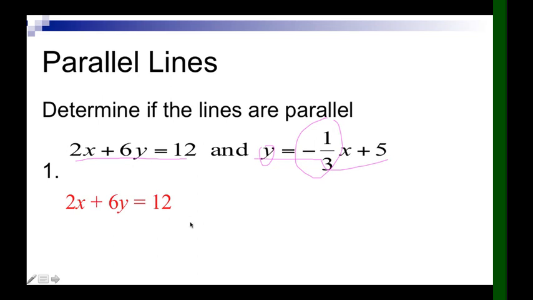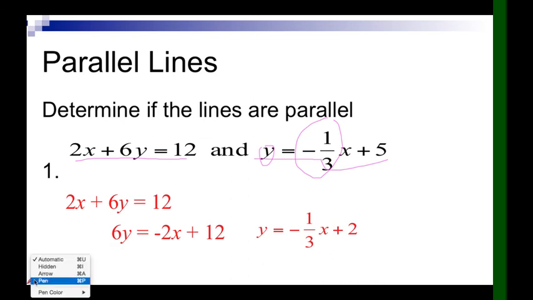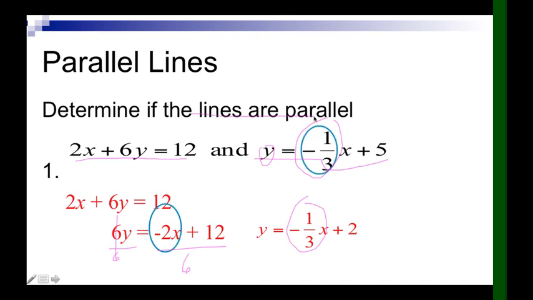I'll move 2x, so it becomes negative 2x plus 12, and then 6y. Divide both sides by 6. When I divide by 6, this will be cancelled. Negative 2 divided by 6 is negative 1/3, and 12 divided by 6 is 2. Their slopes are both negative 1/3. Therefore, the lines are parallel. Okay? Next,